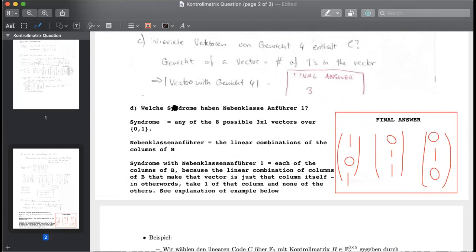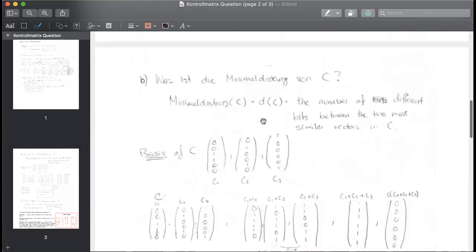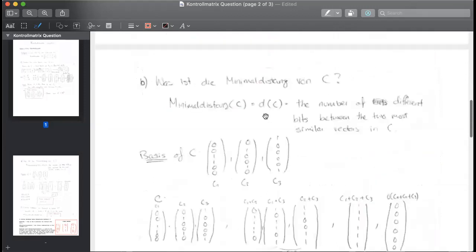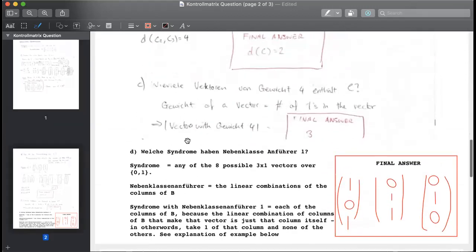The first is syndrome. Syndrome just means any of the possible column vectors over F2, well, of length 3. So in other words, if you take a look at B, each column is 3 positions long, right? It's a 3 by 1 vector. And syndrome just means of all the 3 by 1 vectors over 0 and 1, so over F2, sorry, let me rephrase that. The syndrome is any of the possible 8